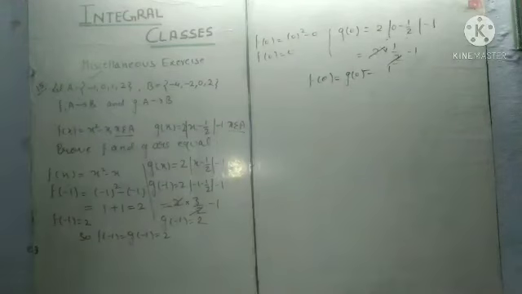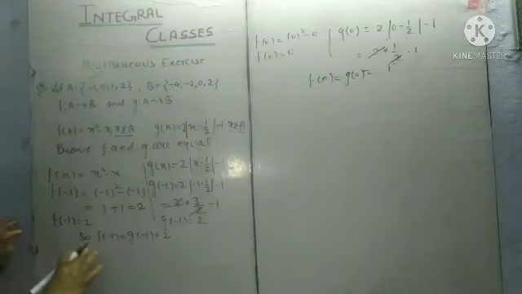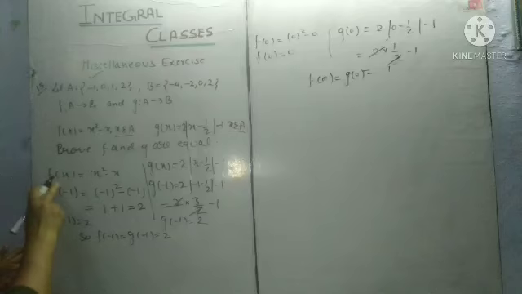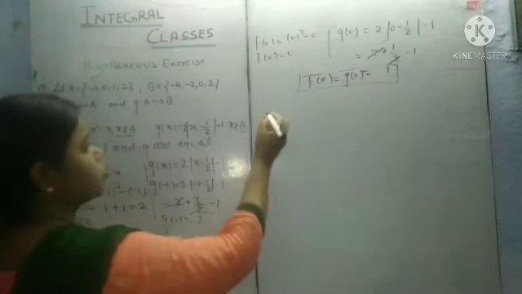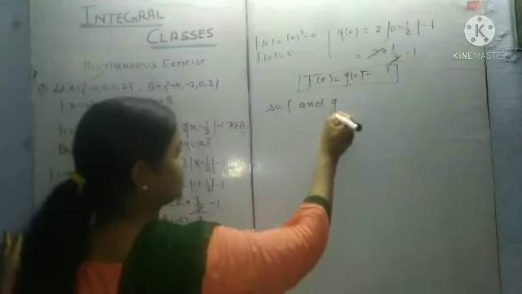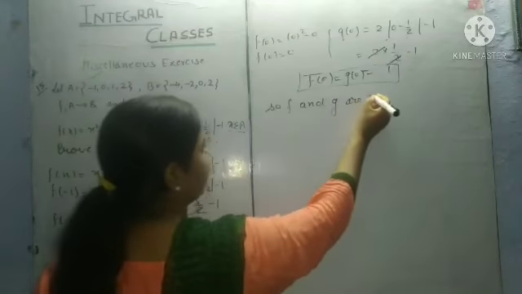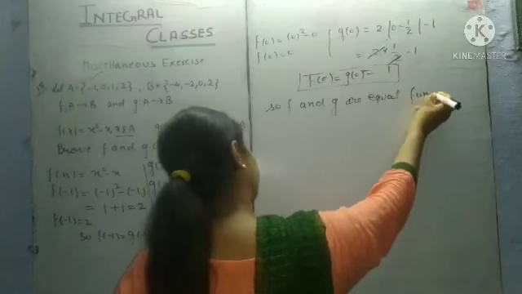It means if we take any element of set A and find out the value in functions f and g, we will always get the same value. So f and g are equal functions.